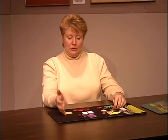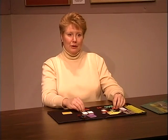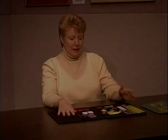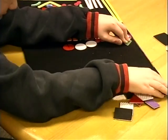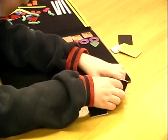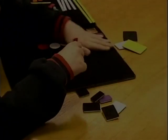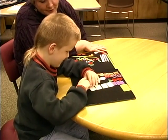It's good for sorting, grouping, all those wonderful pre-math, kindergarten math skills. And I've seen it used in a first grade classroom for mathematics. Triangle first. Okay. I found the first triangle already. There are again some little triangles and some big triangles. What does that triangle feel like? Those triangles have been sticking. 1, 2, 3, 4, 5, 6, 7,